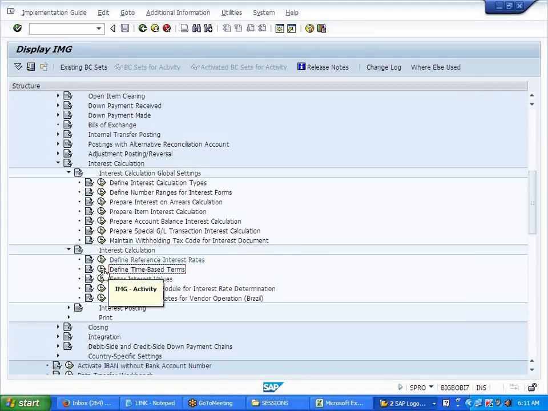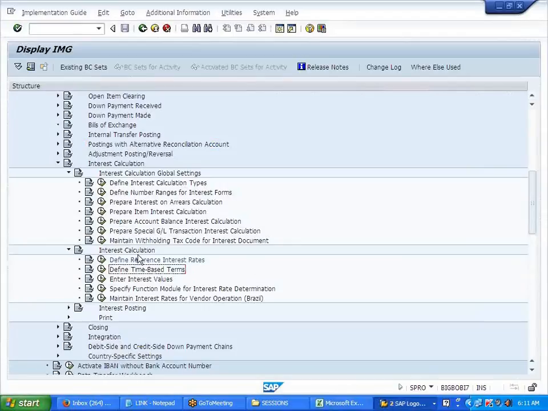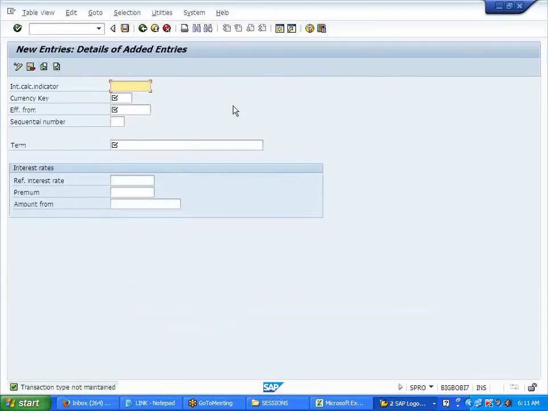Define time-based terms. The same thing I'm doing. This is like a variant, W12, W9. Now new entry, see here. I'll call back that indicator which I've created, WC, USD currency, effective from so and so, sequence 1.